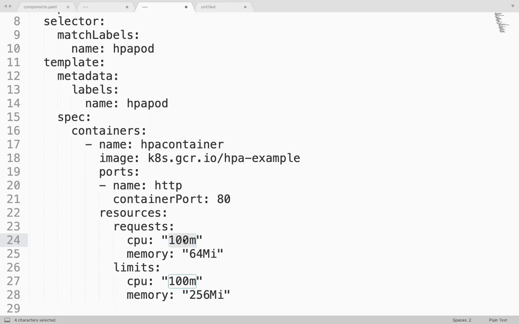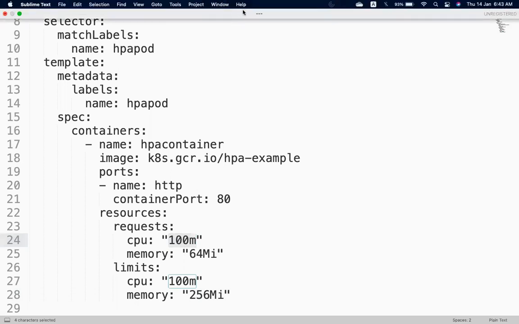If none of the servers has this much, so if you don't have this minimum resources available, it will not schedule your pods.